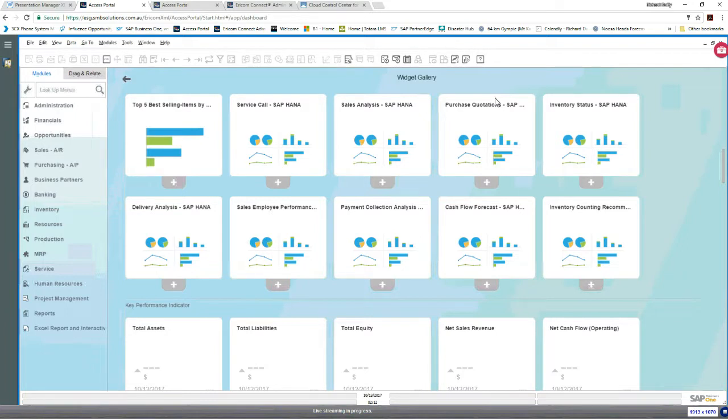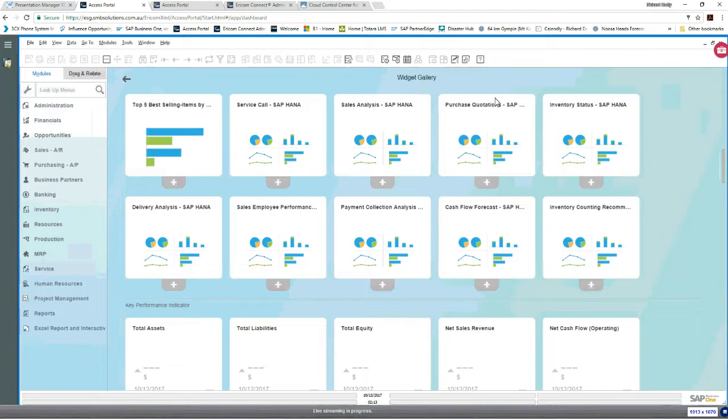This is the piece of code, if you like, that allows either your partner, a software solution provider that builds third-party or complementary solutions, as I like to call them, for SAP Business One, or it even allows you to go ahead and build your own applications which integrate with SAP Business One. So the DI API has been around for as long as SAP Business One has been around.